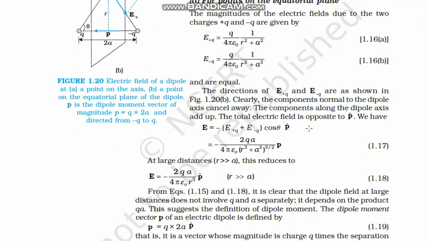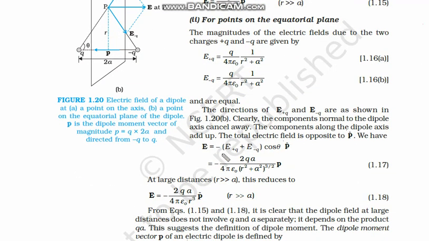So here comes this equation: E positive due to Q, E negative due to Q, and cos theta. Why is there a minus sign? Because the electric field is opposite to the direction of P. See, the electric field is in this direction and P is in this direction, so there is a negative sign. Rest is the same: E positive, E negative, cos theta, and for the direction opposite to P we put a negative sign. So in this way we arrived at this equation.